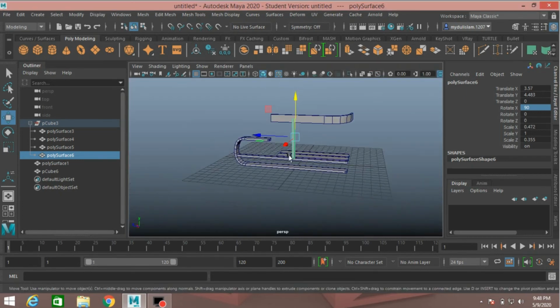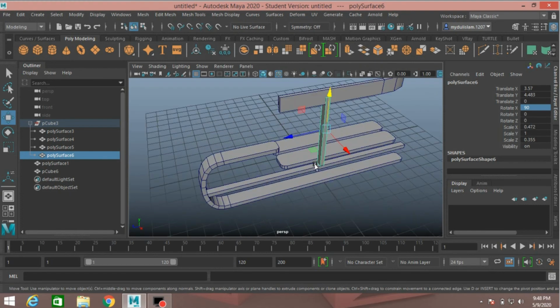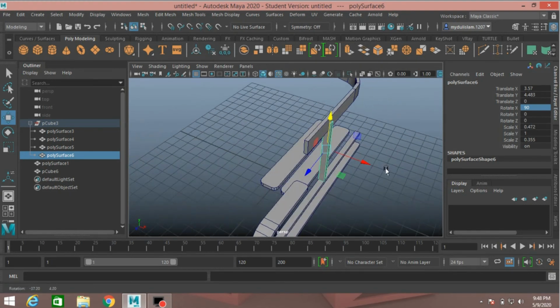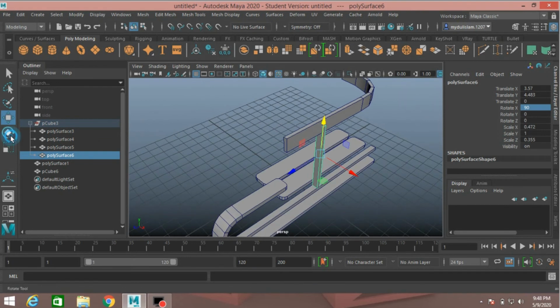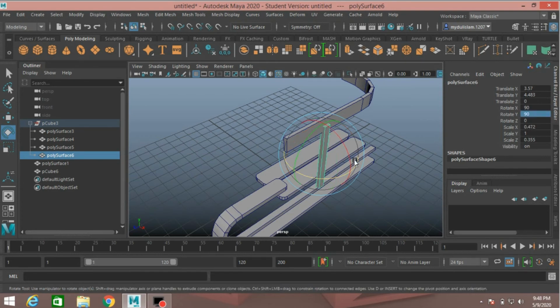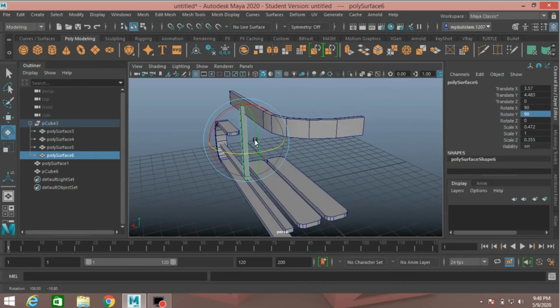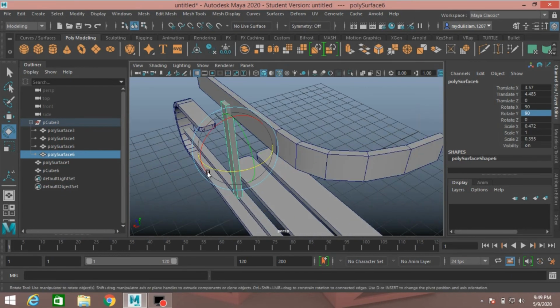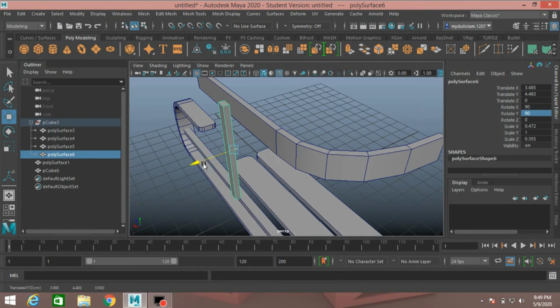Again go to perspective view, and rotate it along y-axis, type 90, just like this. Now move it just like here.